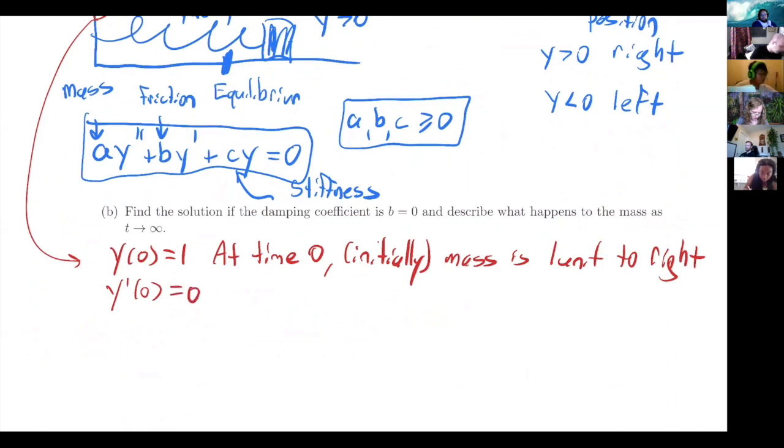And secondly, what would the derivative being 0 tell us? So if y is our position, what does the derivative tell us? Velocity starting out is 0. Yeah, exactly. So the derivative is telling us the velocity. So initially, at time 0,